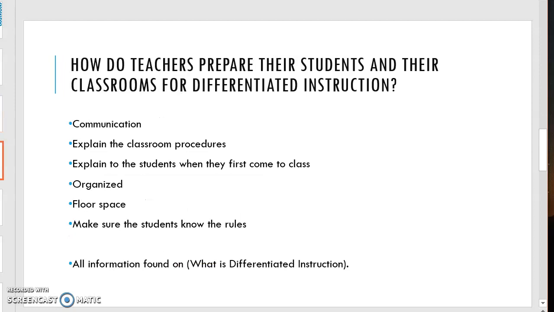For this slide, we're going to discuss how teachers prepare their students and their classrooms for differentiated instruction. First off, they need to make sure they communicate with all involved. The teacher should explain to the parents and children in the class that all students will be challenged,